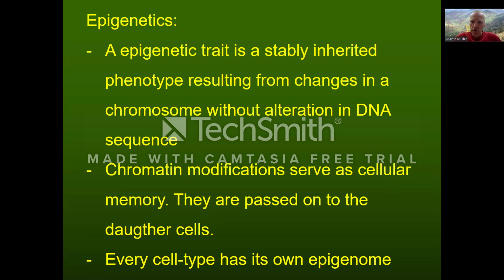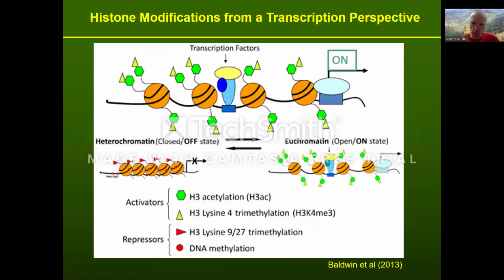Chromatin modifications serve as a cellular memory. They are passed on to the daughter cells, and each cell type has its own epigenome. That's in a nutshell what epigenetics is about. And as a rule of thumb, here at the top of this panel you can see that